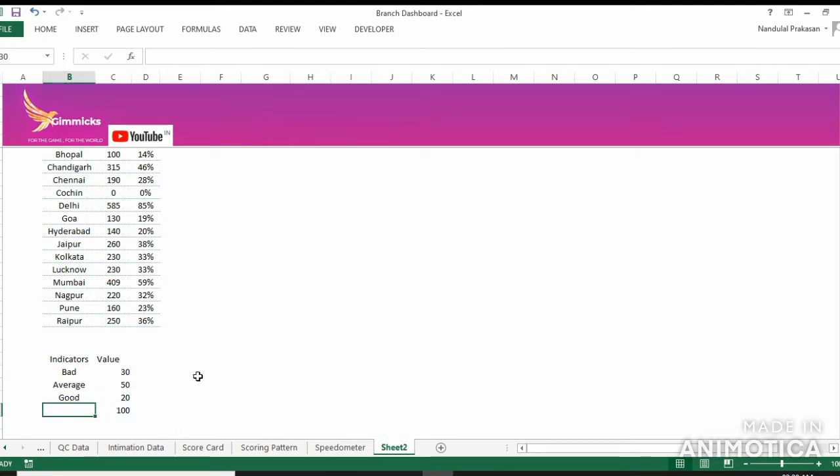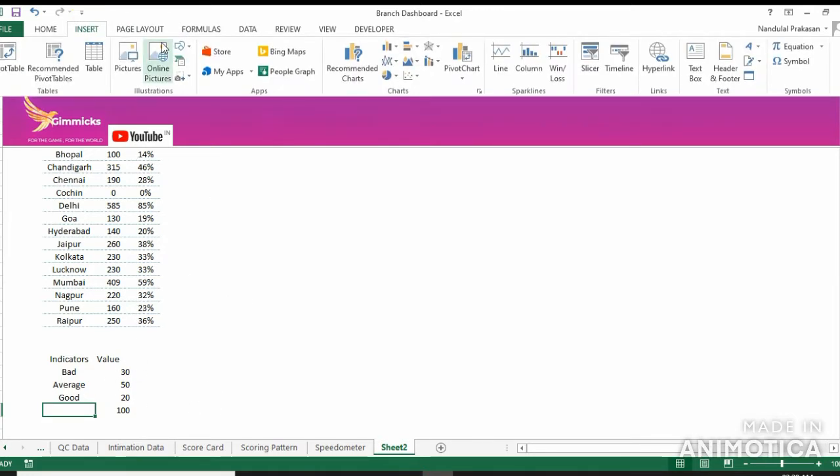So let's create an indicator. Before we start creating the indicator, I'll give you a fair idea about this chart. This is basically a combo chart wherein we will be using a donut chart as well as a pie chart. So let's go to the pie chart.